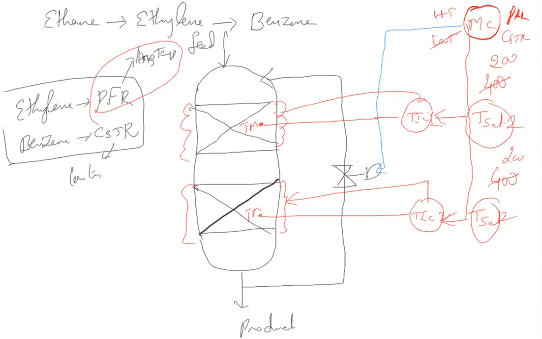If my input is, let's say, ethylene, so you have two buttons only, ethylene and benzene. If my input is ethylene, then the master controller will be programmed to close this valve 100% and give a set point of 400 here and 400 here. So if my input is ethylene, close this valve and give set points of 400 and 400, so that this valve will be closed, both of them will receive a set point of 400, 400, and both the beds will be maintained at 400 degrees.